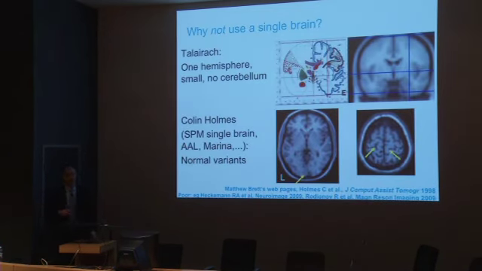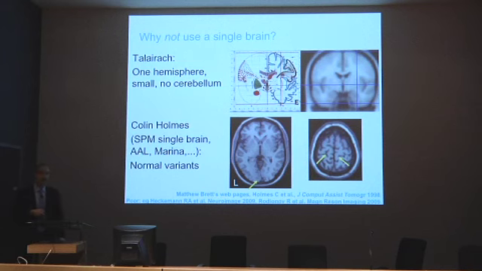What are the reasons why you wouldn't want to use a single atlas? First of all, because it's no better than a student whom you've trained for a day. Secondly, because there are other reasons. We all have different faces. We all have different brains. This is possibly the most used brain in the history of neuroimaging, apart from the Talairach hemisphere. This is Colin Holmes' brain, who in the late 90s scanned himself 27 times. Wonderful image with very high signal to